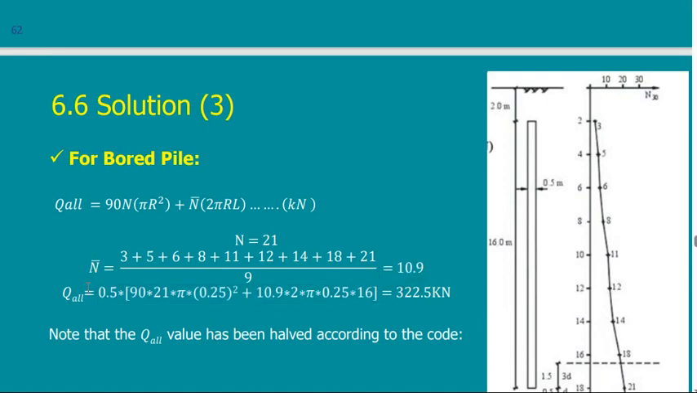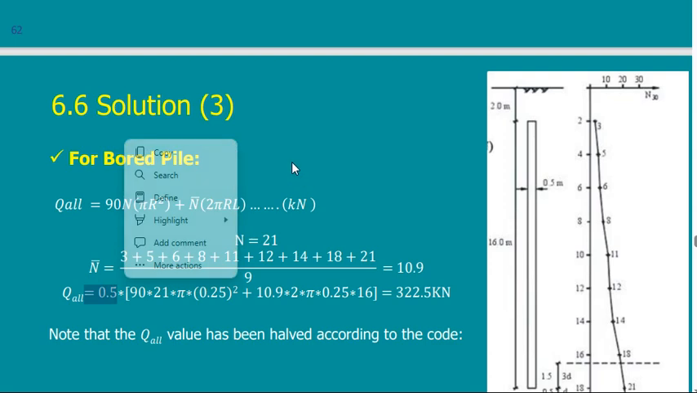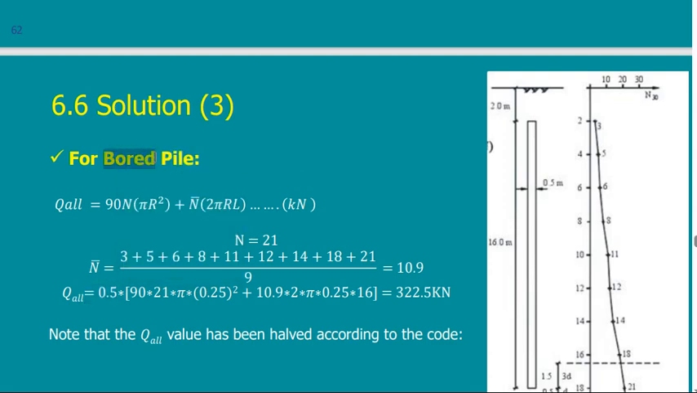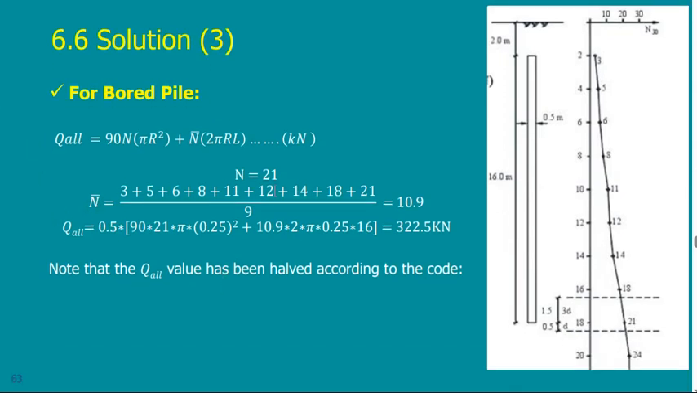Of course, in this equation, you find that I multiplied by 0.5. Why? Because in this, it was said to use it for bored pile, and the equation is for driven pile, so I multiply by 0.5. But if I tell you use it for driven pile, then use it for driven pile, don't multiply by 0.5. How to calculate N, how to calculate N bar? N is the